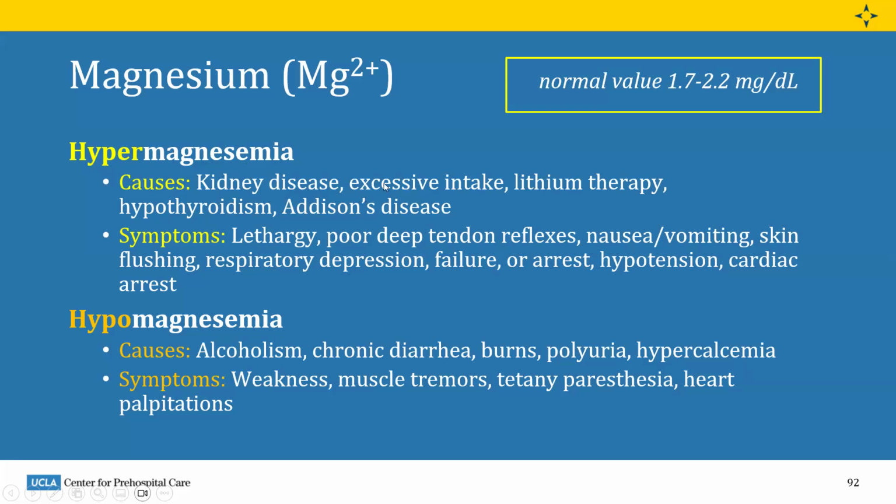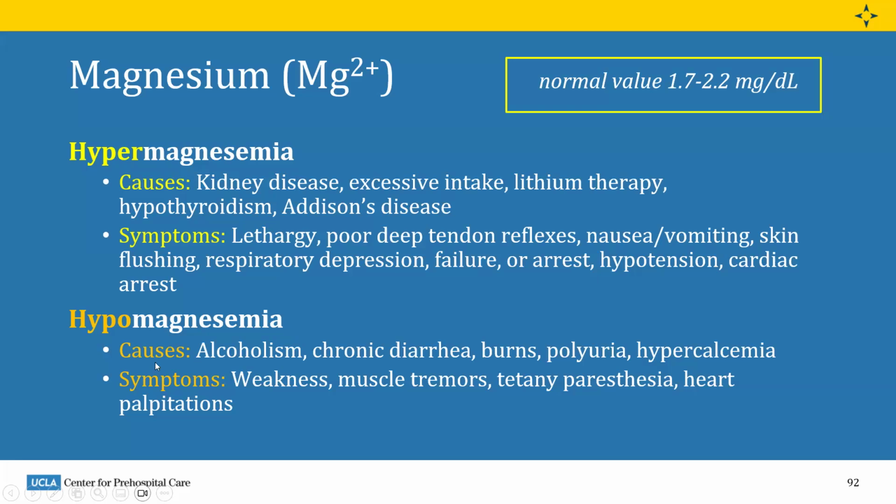We can also have over intake of magnesium, lithium intake or lithium therapy, hypothyroidism or Addison's disease. It causes lethargy. We kind of dampen our tendon reflexes. We can have nausea and vomiting, skin flushing, respiratory depression, hypotension, cardiac arrest,